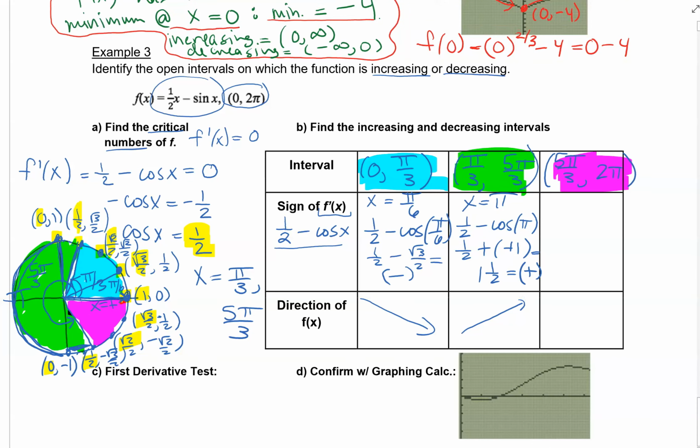Just a quick peek at the graph that I got on the calculator. This whole time it was increasing because the derivative stayed positive that whole space from there all the way to there. Then for the last interval,